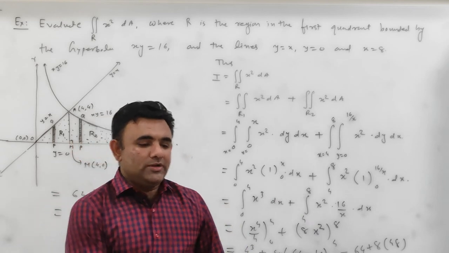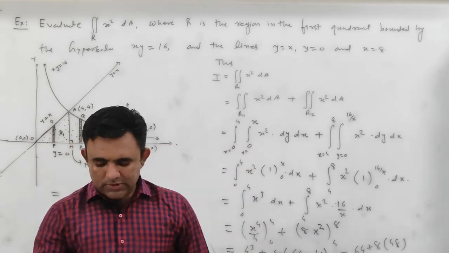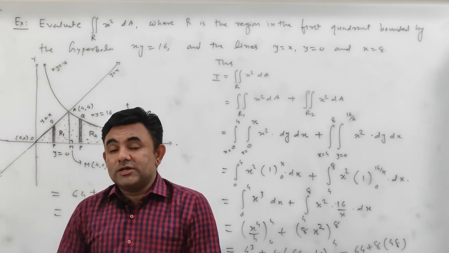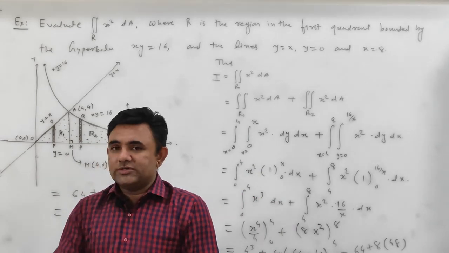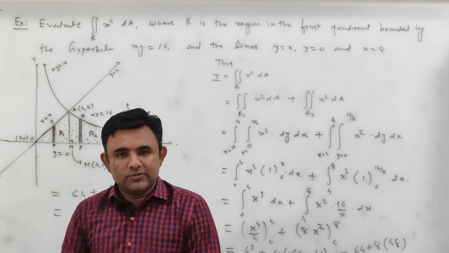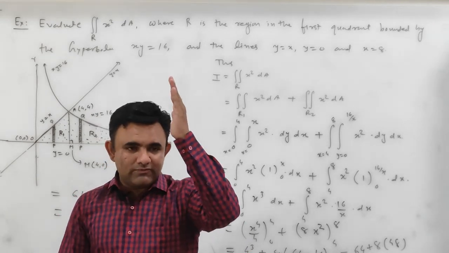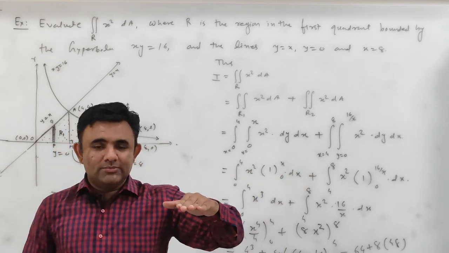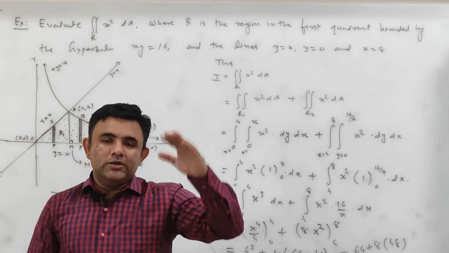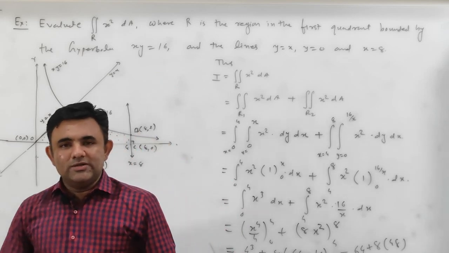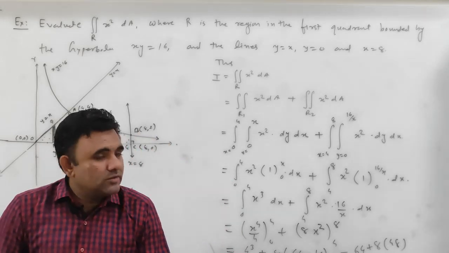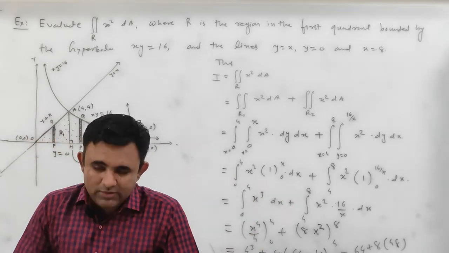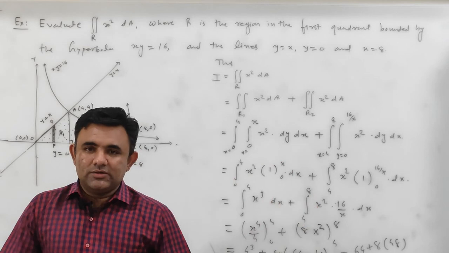then you just set the limits. And there is a simple rule to keep in mind: if you consider a vertical strip, then the limit of y is variable, and if you consider a horizontal strip, then the limit of x is variable. If you consider a vertical strip, then you move it horizontally, and if you consider a horizontal strip, then you move it vertically to cover the region, and you decide the limits, and you just evaluate the double integration as we have discussed in the previous lecture.